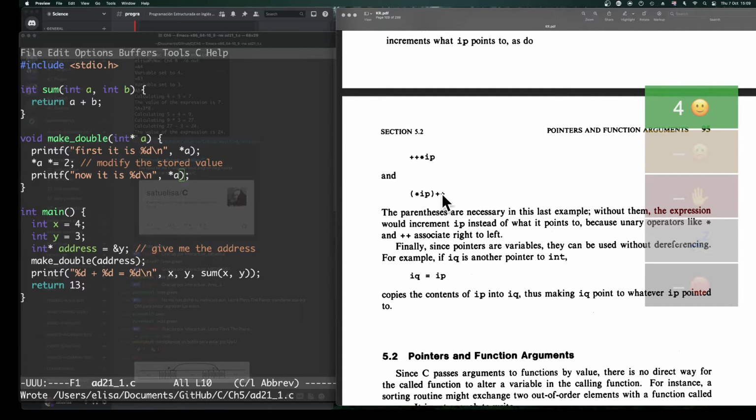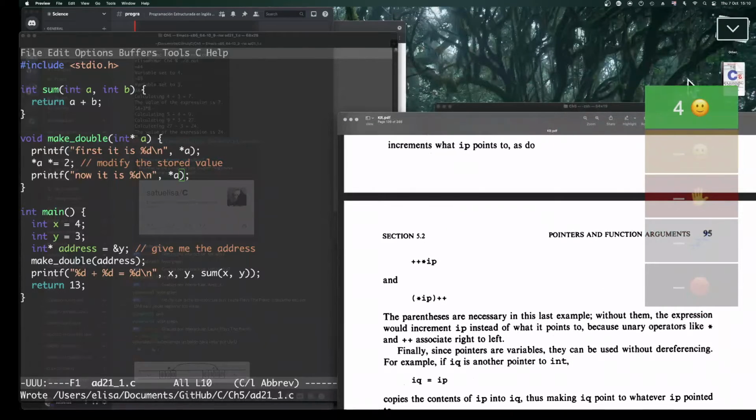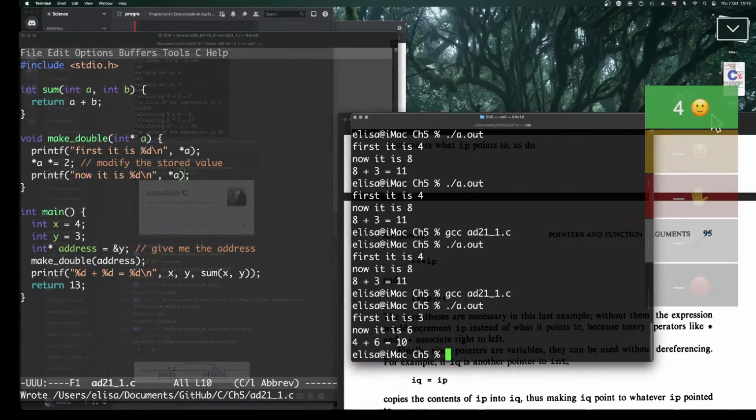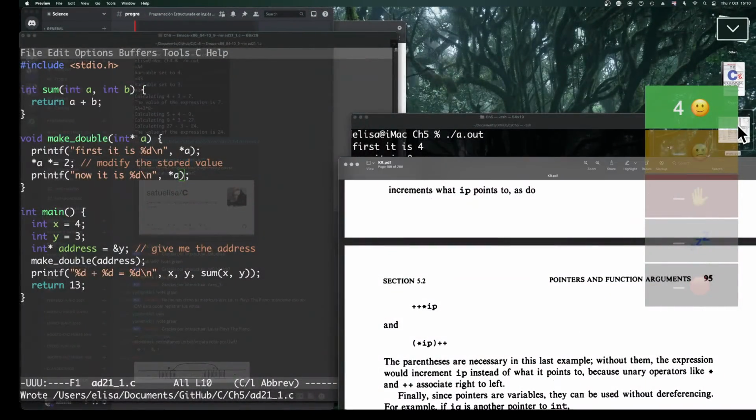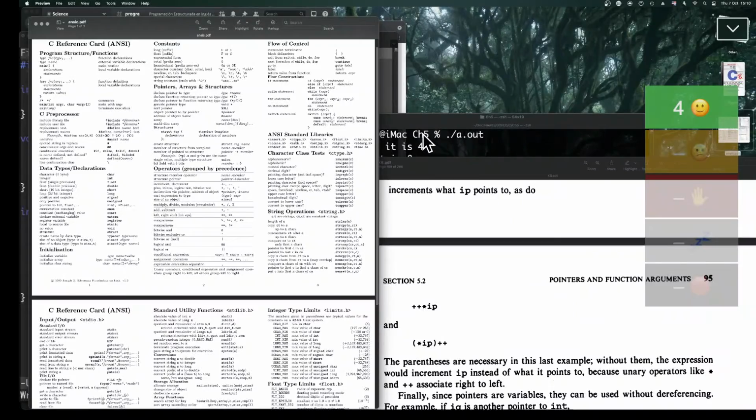And if I want to do the plus plus afterwards, if I don't put the parentheses, what's actually going to happen is that I'm going to first increment the address, which means I'm going to move to another part of the memory, and then I am going to access the value. So you have to remember that the precedence in which the operators are evaluated affects where you need to put parentheses. Whenever you have any doubts about what's going to be evaluated first, you simply put the parentheses